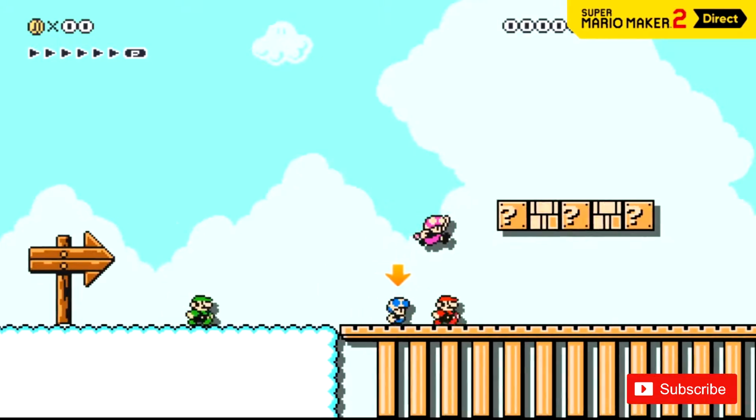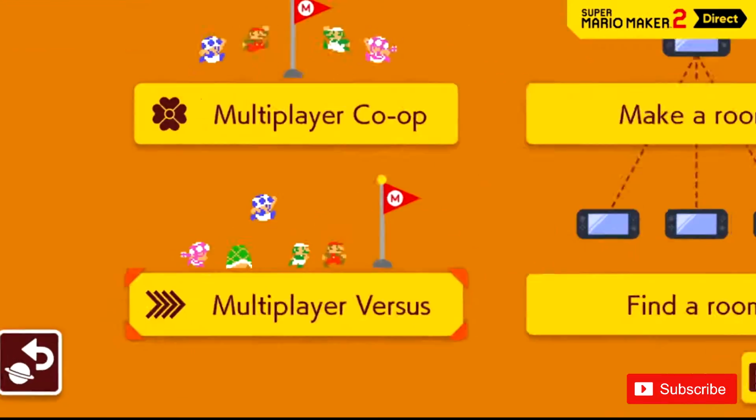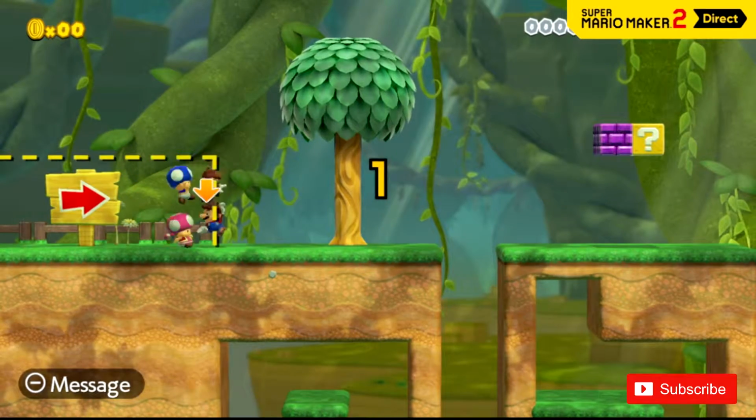It's definitely an interesting take. I think this would be really frustrating. New Super Mario Bros. for the Wii was so annoying to play with multiple people. It made it so much more difficult. But the fact that you can play against each other, you can play co-op, work together, I think it'd be